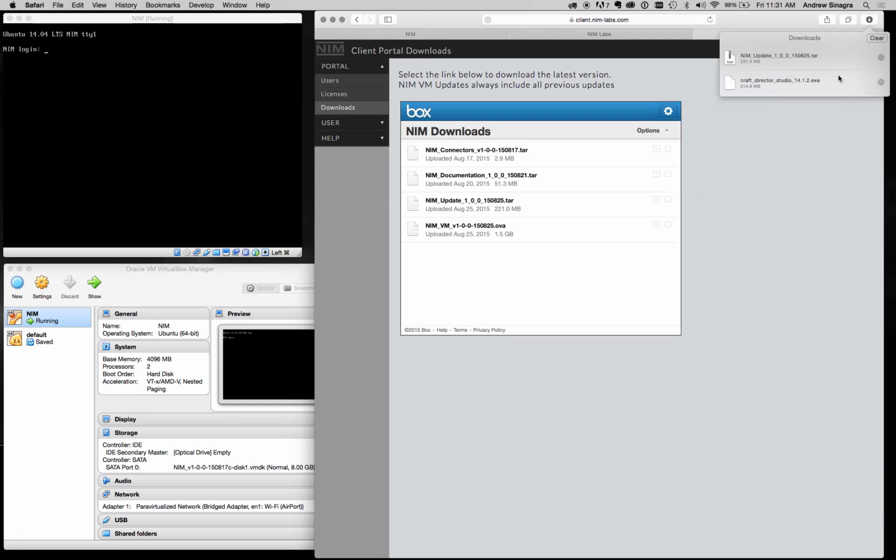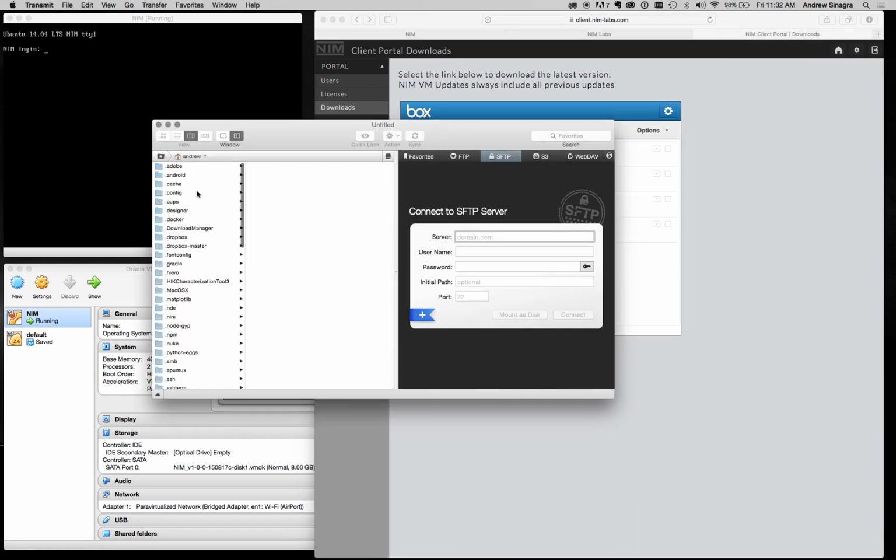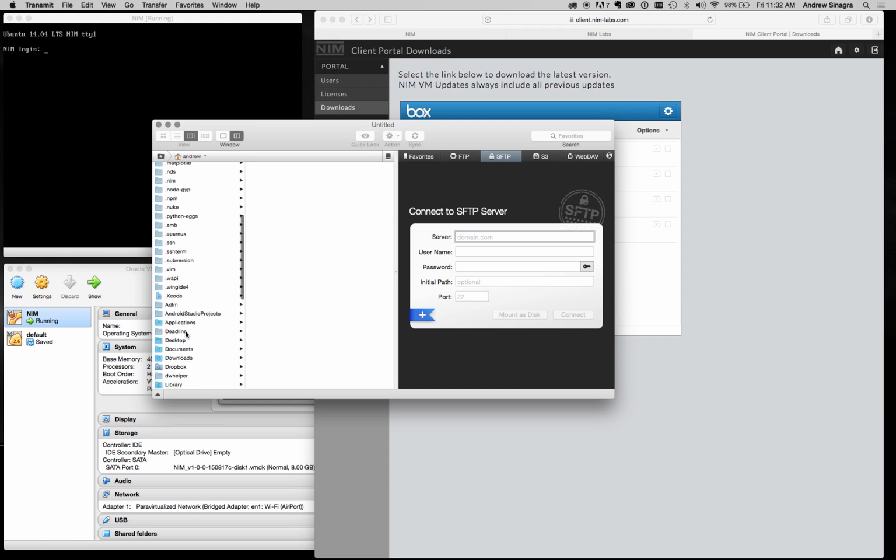Once the download is complete, we need to access the file by the NIM VM to unpack it and install it. There's two ways to access the file. The first is if you have a mounted file server and you have access to that, you could simply log into the NIM VM and browse to that folder location, or we can upload directly using FTP software. Here I'm going to use Transmit. I'm going to select my Downloads folder,